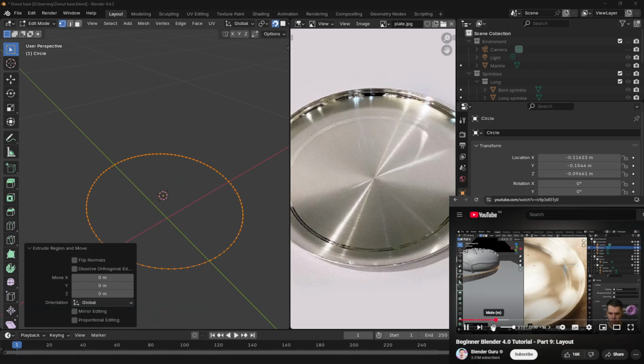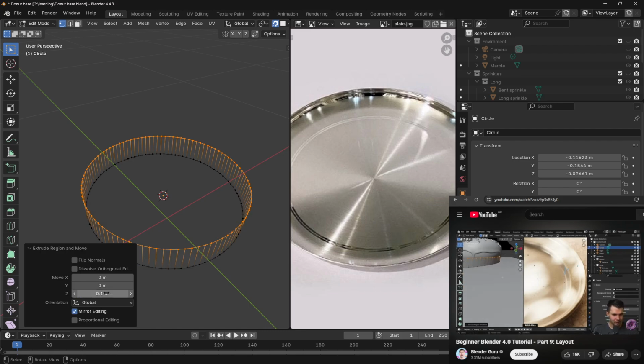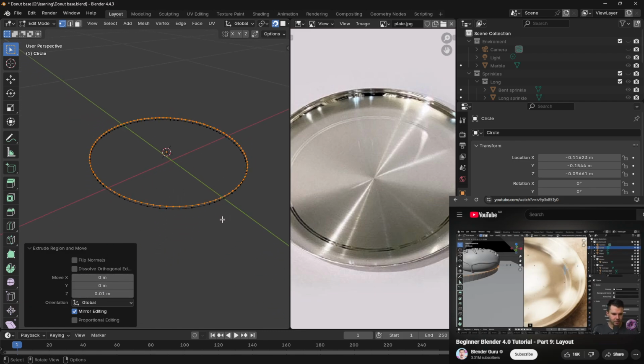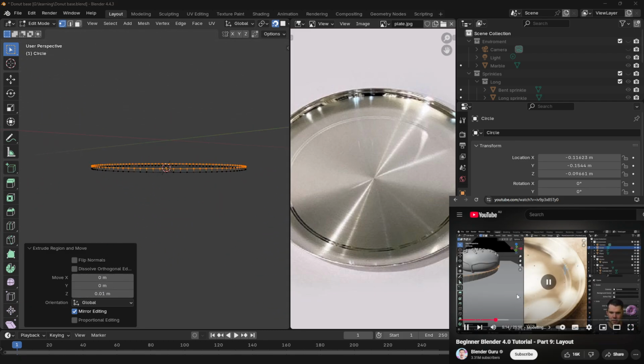Now for this next part of the lip, creating this lip that goes up. So E and then Z to lock it on the Z axis to about there. I mean, we don't have measurements, but that looks like it could be plausible. And I think it's on a slight angle, very slight, so I'm going to scale out just by hitting S. All right, now for the